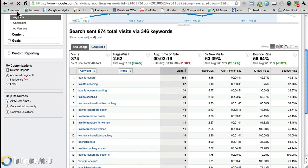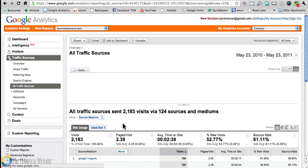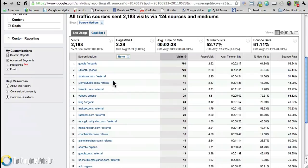Oops, we didn't want to go to keywords. We wanted to go to the traffic sources. You'll see that you have some other traffic sources in here as well. Let's see here. We have LisaTenor.com, CoachForLife.com. Now, they're not sending a lot of people, but the quality of the people that they're sending is very high,